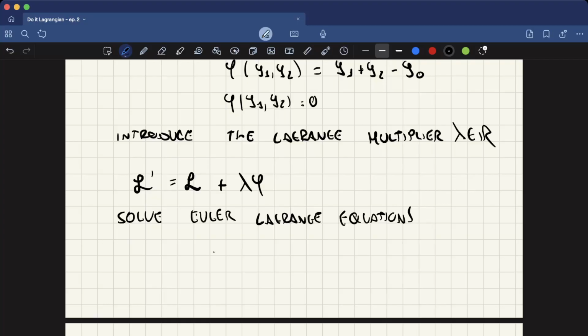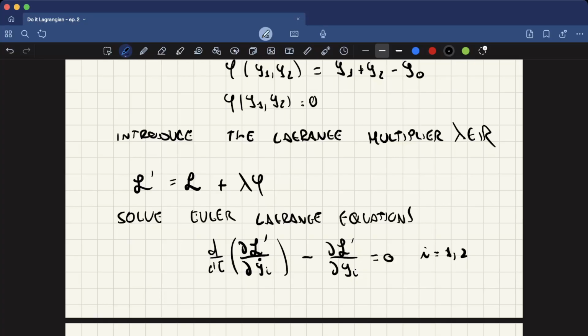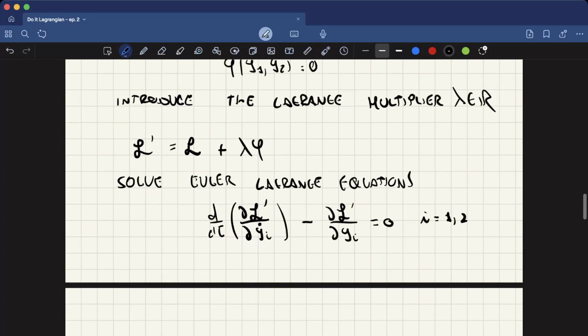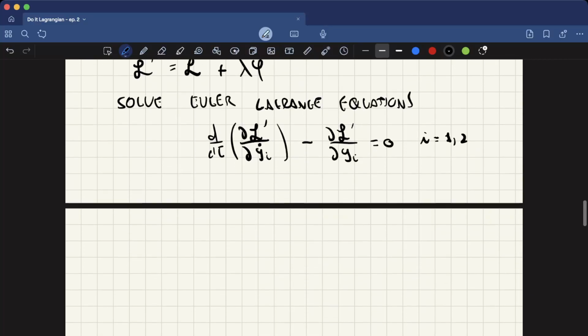Okay, in this case we will have d in dt, total derivative, times dL prime in the yi dot, minus dL prime in the yi equal to 0. Okay, and for i which go from 1 to 2. So we obtained a system of two differential equations,